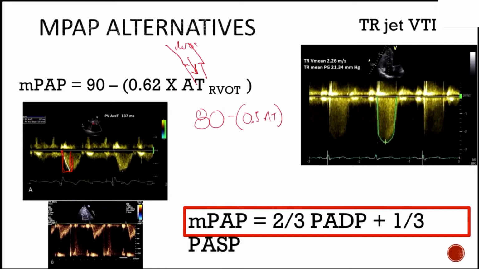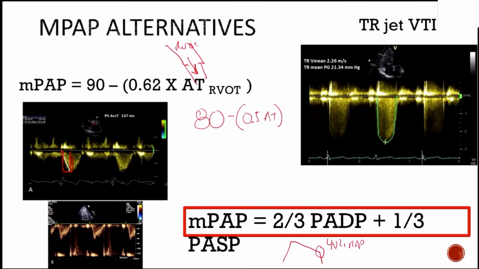The other way that we can do it is we can just say, I'm in diastole 2/3 of my cardiac cycle. I'm in systole 1/3 of my cardiac cycle. So if I've calculated my PA diastolic pressure by my regurgitant jet, remember here, 4V squared plus right atrial pressure,